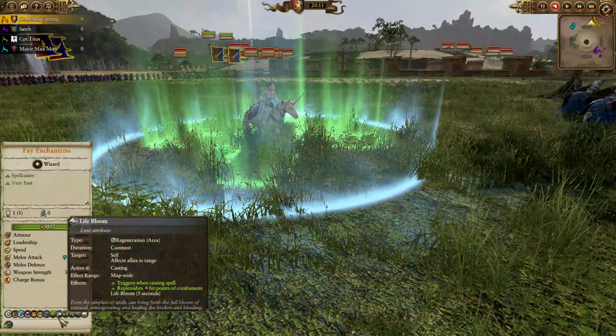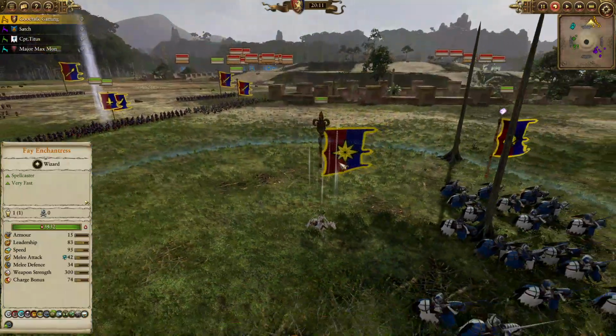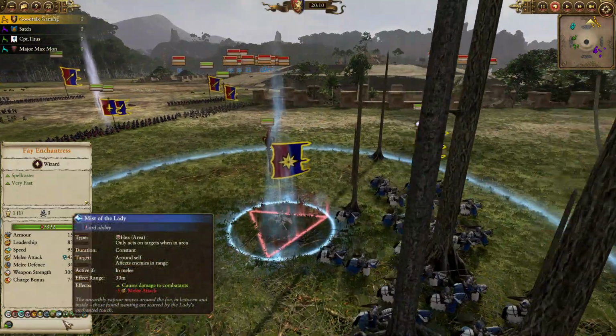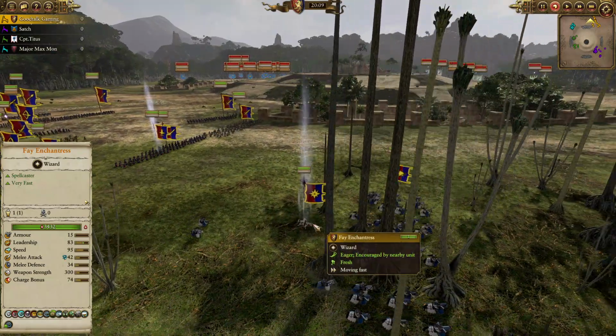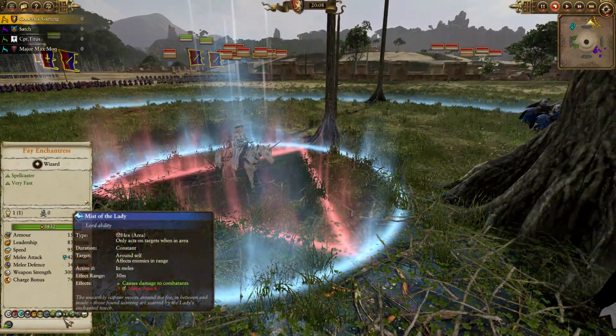Let's see, she also has Life Bloom, the Mists of the Lady, -5 melee attack to units in that aura, as well as a draining effect as long as she is engaged in combat. So you'll see over the course of this battle, I'm going to throw her into combat in situations that aren't really that favorable for her, but it's really just to get the draining effect and reduce the melee attack of